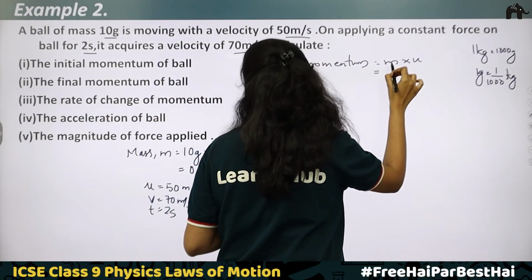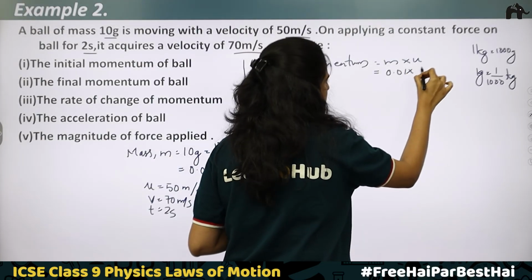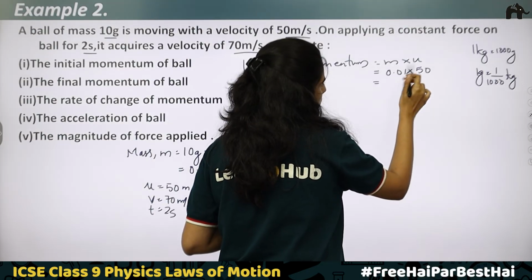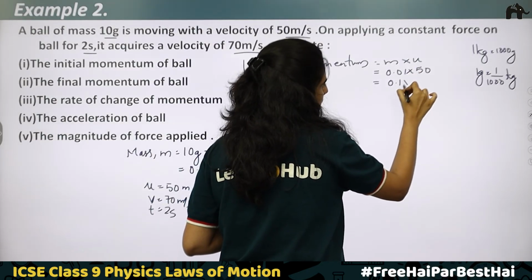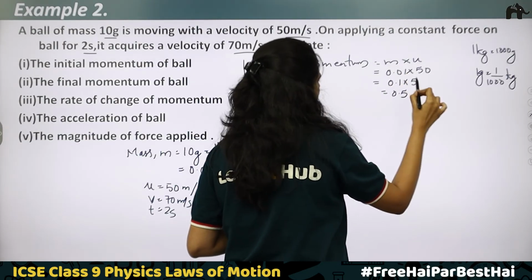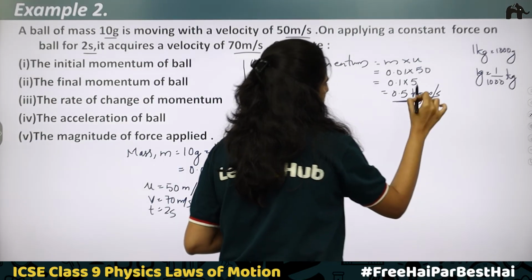Put the values, m is equal to 0.01, u is equal to 50, which is equal to, this becomes 0.1 into 5 or 0.5 unit of momentum, kilogram meter per second, 0.5 kilogram